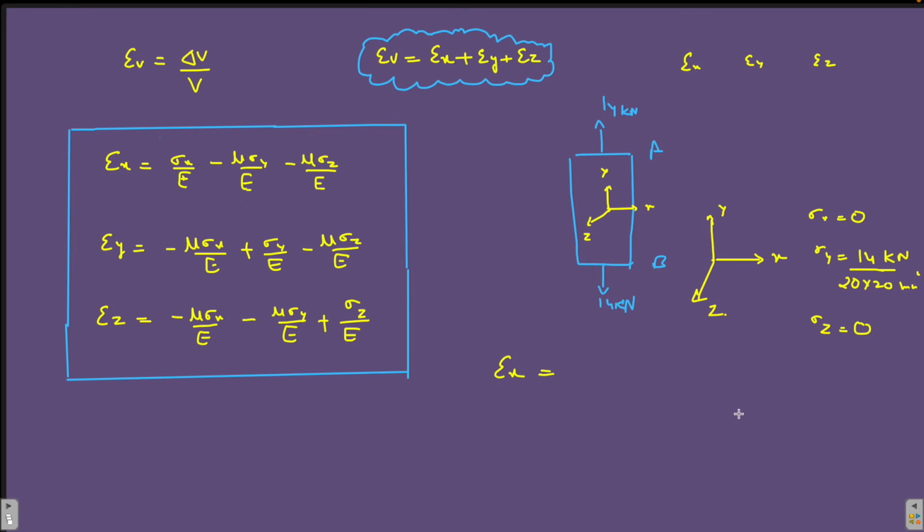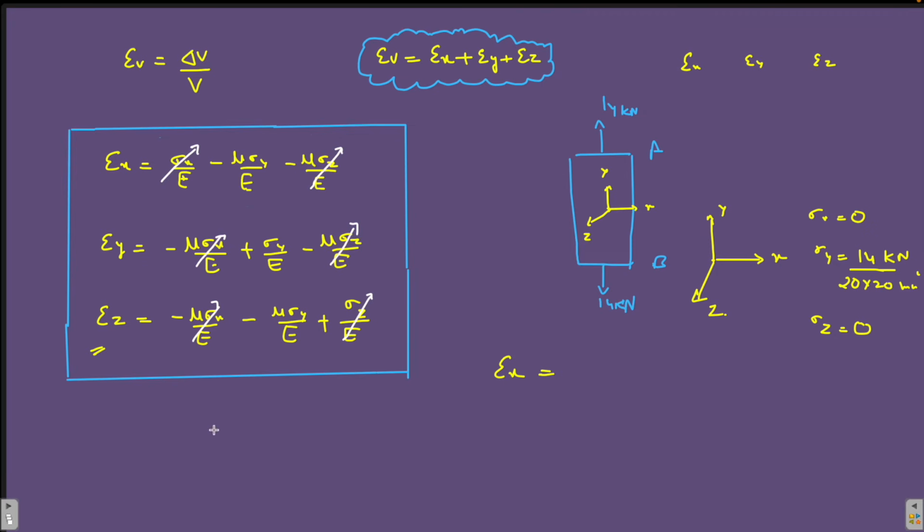Similarly, if we are finding out the strain in y direction, sigma x will be 0 and sigma z will be 0. Also, when we are finding out the strain in z direction, sigma x will be 0 and sigma z will be 0. So let's find out how many elements will be eliminated. Whenever there is sigma x and sigma z, that term will be eliminated, right? So this term and this term will be eliminated. Sigma x and sigma z again will be eliminated, and again, because there are no forces acting in the x direction and in the z direction.